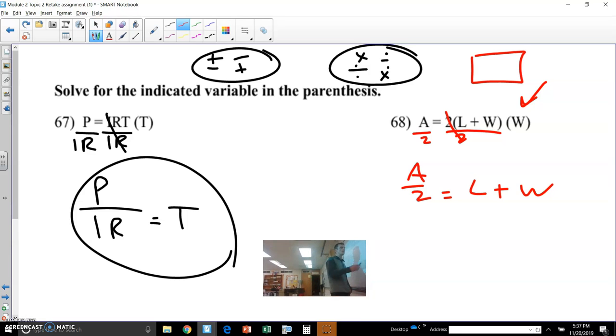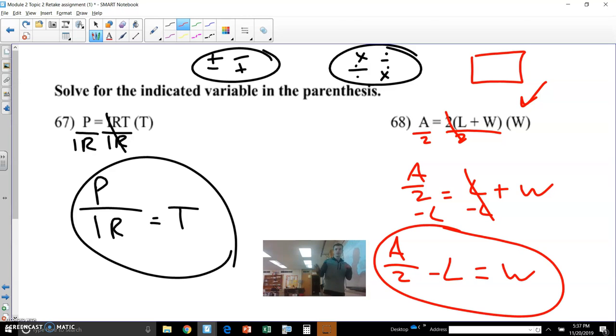So I'm trying to get W by itself. Let's subtract that L value over. And so A over 2 minus L equals W. Now you have solved for W. So I do feel like maybe showing you, like, if you had to distribute it, how that's not really any